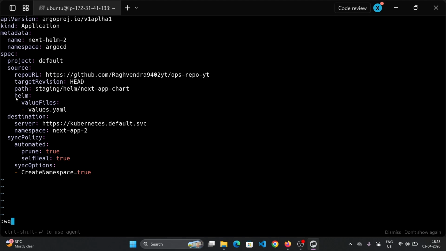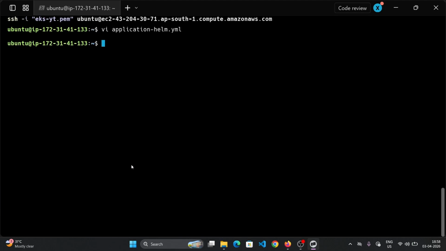सीधा एसी में इंडेंटेशन. डेस्टिनेशन सर्वर क्यूबरनेटिस के क्लस्टर में, नेम स्पेस नेक्स्ट ऐप 2. API सर्वर की ये जो लिंक है, इस नेम स्पेस में हमारे सारे जो रिसोर्सेज चला दो. सिंक पॉलिसी ऑटो प्रून, सेल्फ हील, sync options CreateNamespace. That's it. If we save it and if I say kubectl apply -f application.helm.yaml,